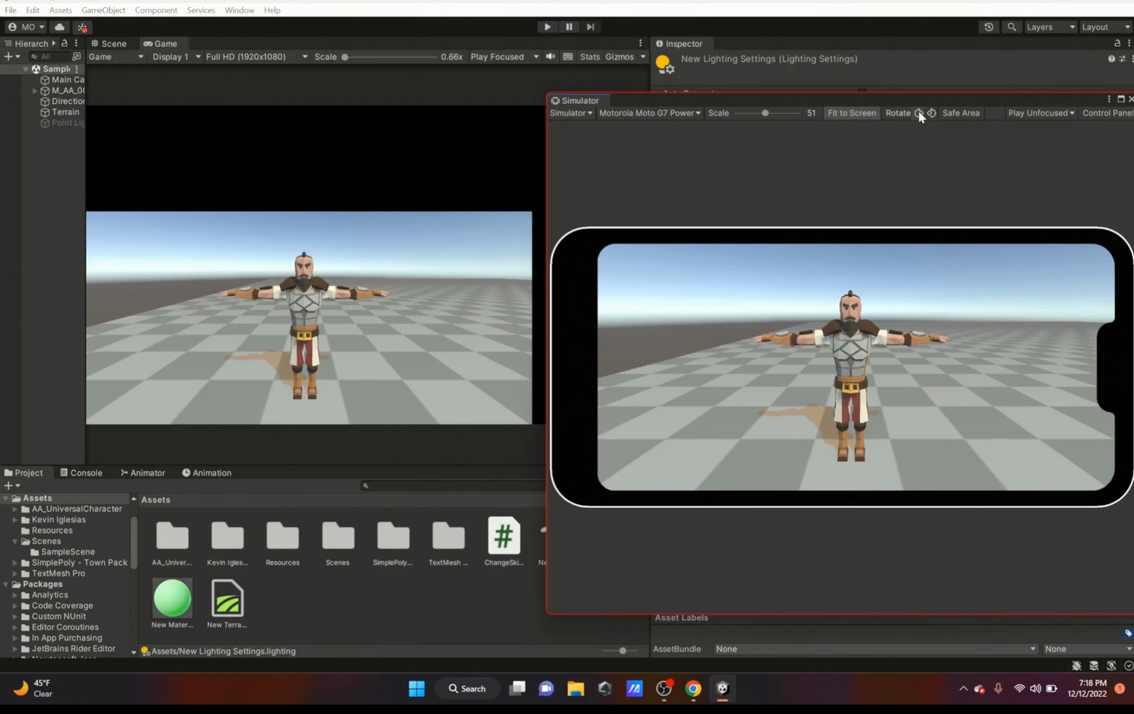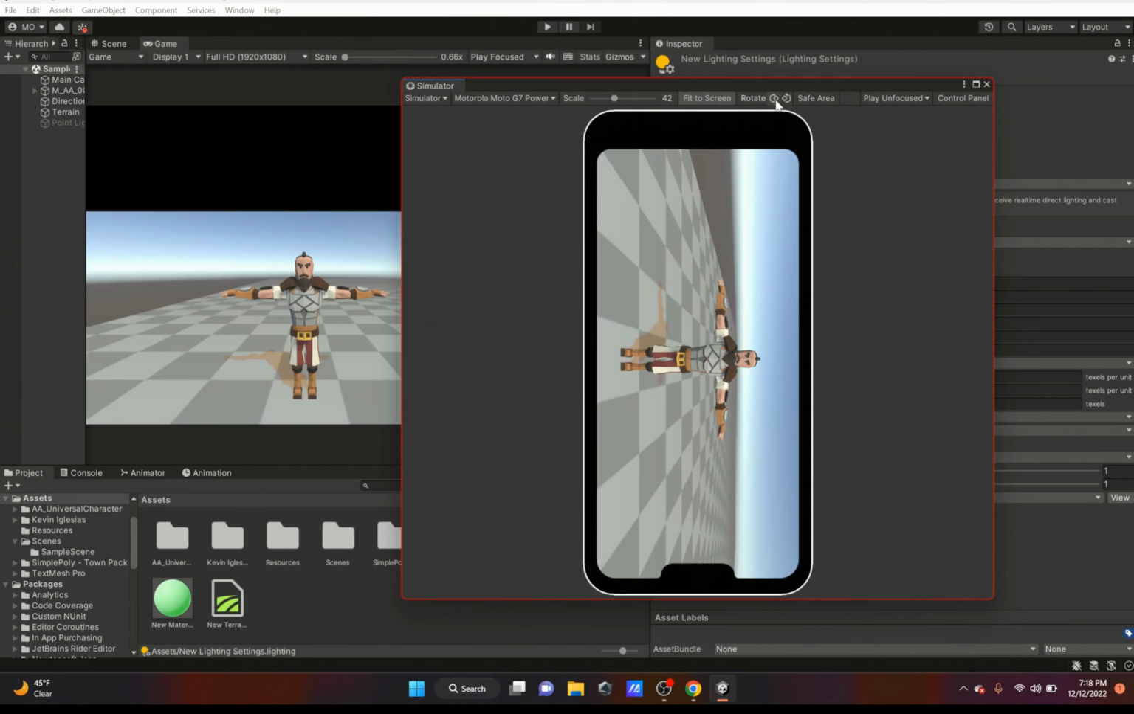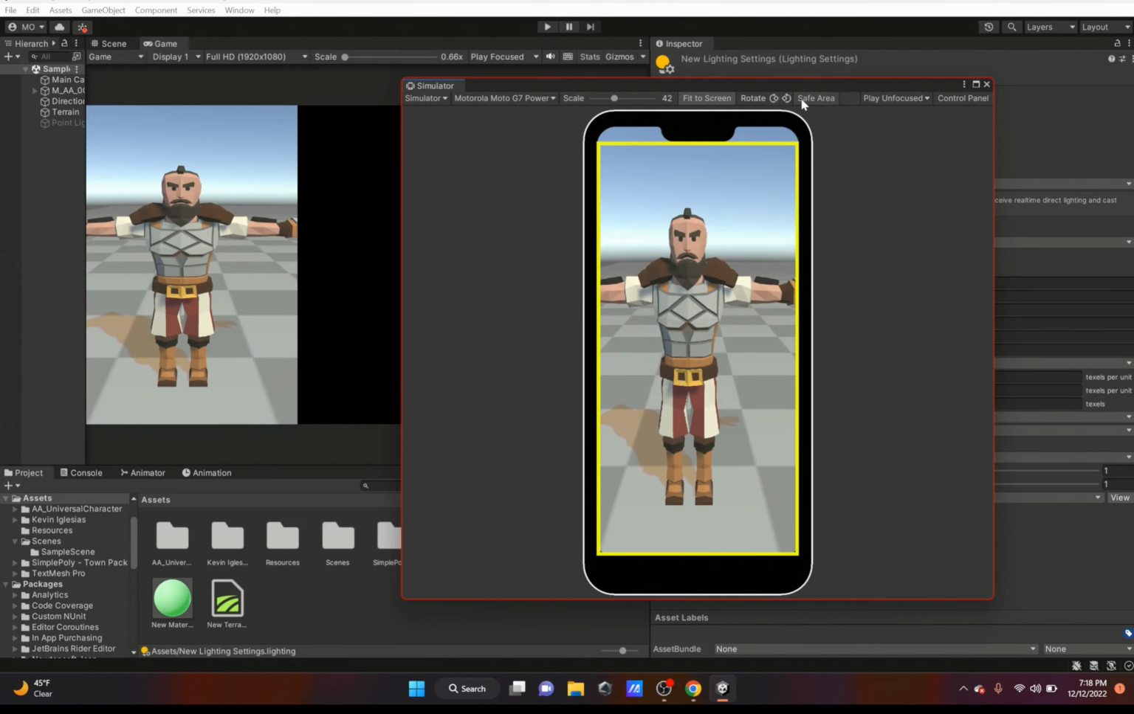I could rotate it, so if I'm building a mobile game and I want it to be laid like this instead of rotated like this. There's safe area. Now safe area is the area that is pretty much the safe zone where your game will not get cut off. So if you have UI or anything that you don't want to be cut off,